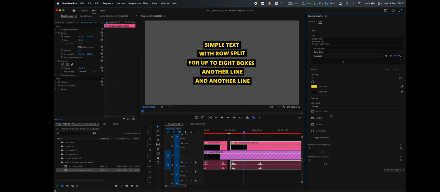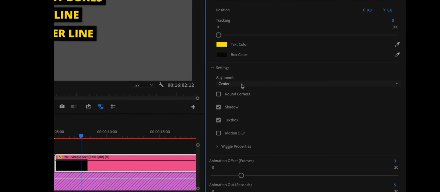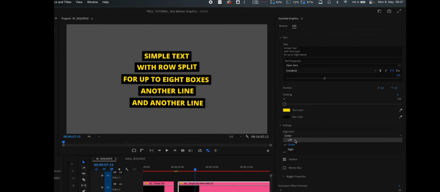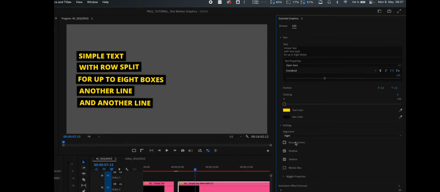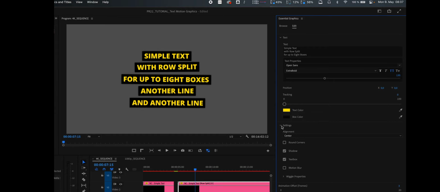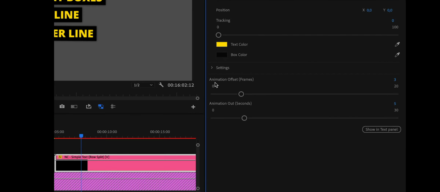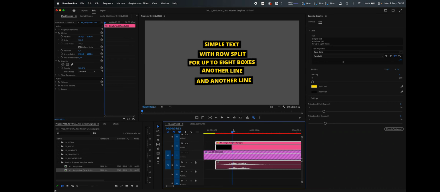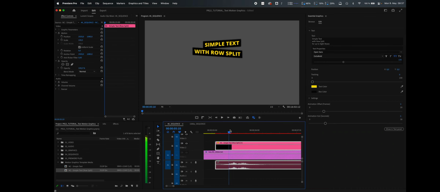One thing which is different is that we now also have an alignment feature. So you're just going to select from the drop down which one you want to have, like for example left or right or center. And then another setting which is different is that we also now have an animation offset in frames. So if we go all the way to the in animation, you see that all of them animate in one after another. And now we can select an offset between those different boxes when they are going to